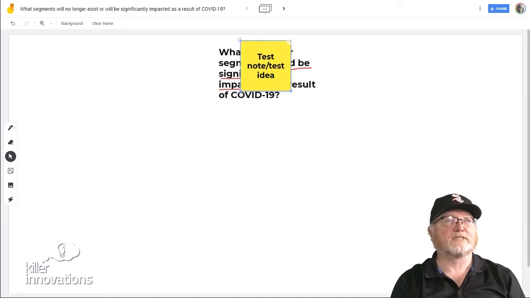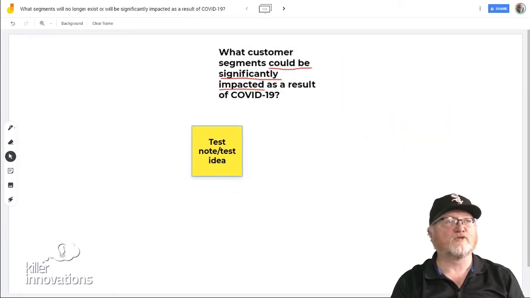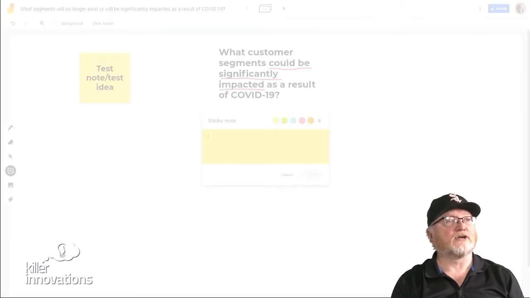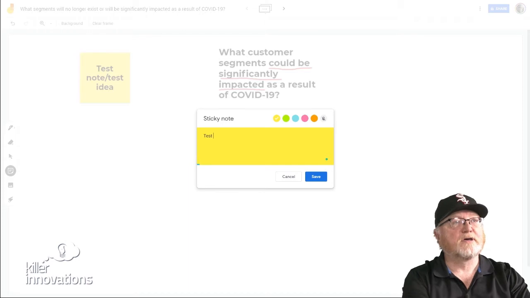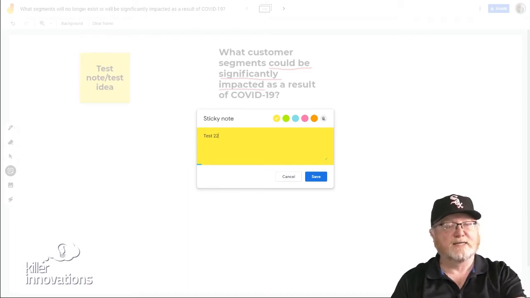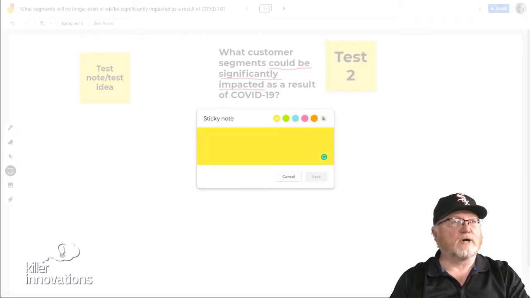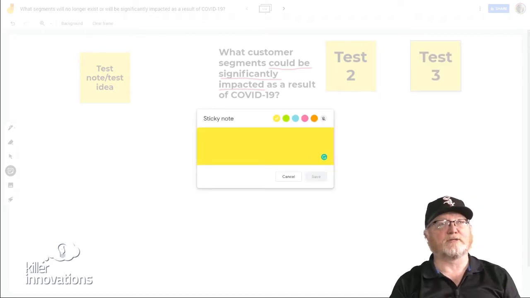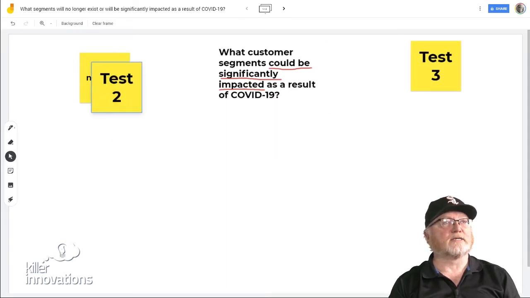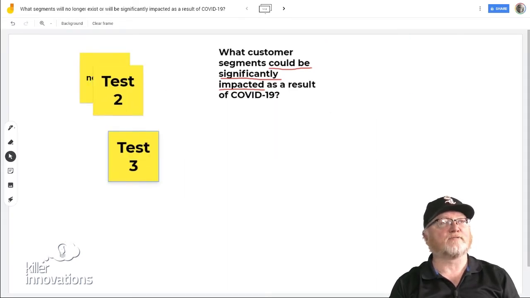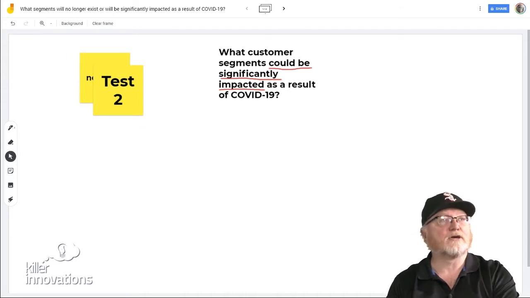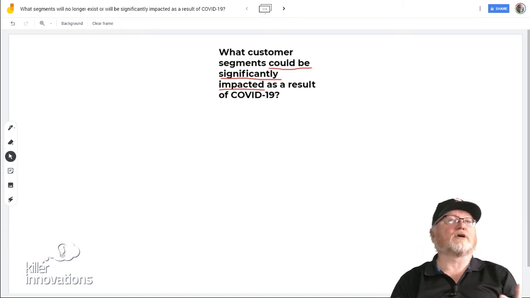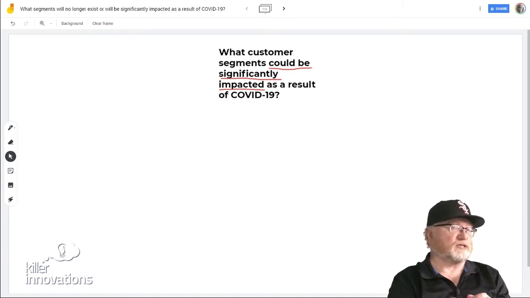Now, once I can grab that note, I can actually move it around the screen. I can put it up someplace. Now I can do a whole number of ideas really quickly and just get them thrown up onto the board itself. And now I can take these and group them or stack them on top of each other, etc. And I can also very easily delete them. So as you can see, the tool is incredibly easy to use.